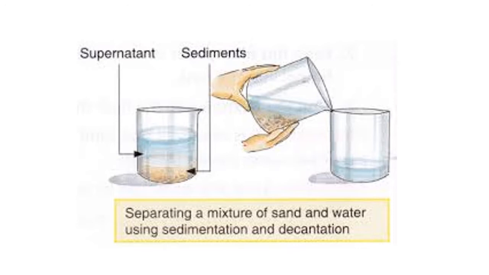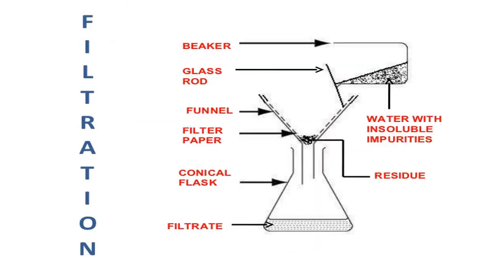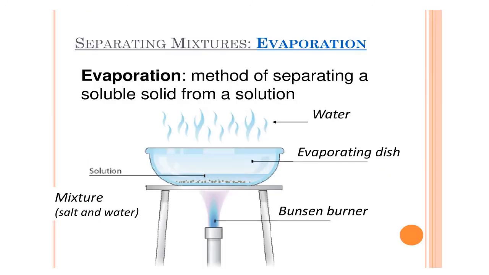Sedimentation: if the water has dirt and impurities, the impurities will settle at the bottom after some time. Then we remove the supernatant liquid, which is pure or good water, from the surface. This method we called decantation. Then we studied what is filtration. We filter the decanted liquid through a filter. That method is filtration, usually done in the lab, and you can also see it simply at home. Then evaporation. What is evaporation?